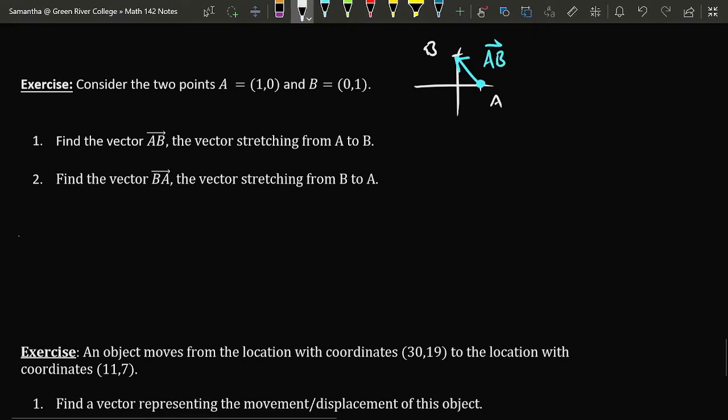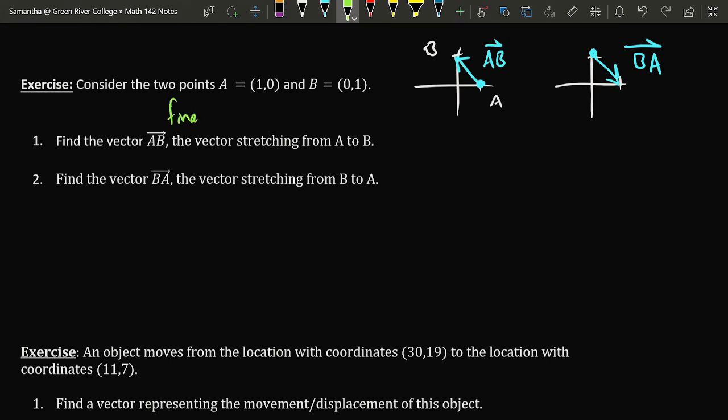In part number 2, they ask for the same thing except the order is switched. This time they want the vector to originate at B and terminate at A. This would be the vector stretching from B to A. So I'm expecting that the answers to these two questions will be exact opposites, because the direction of the vector is an exact opposite. Now to find the vector stretching from A to B, I'm going to use the formula